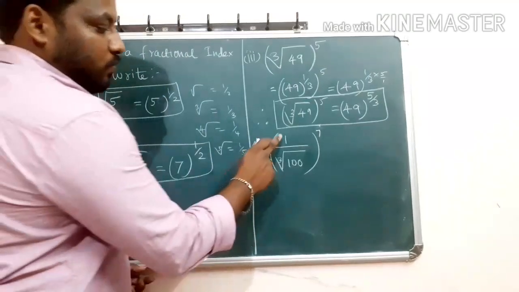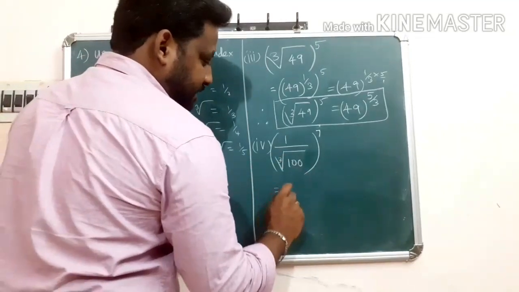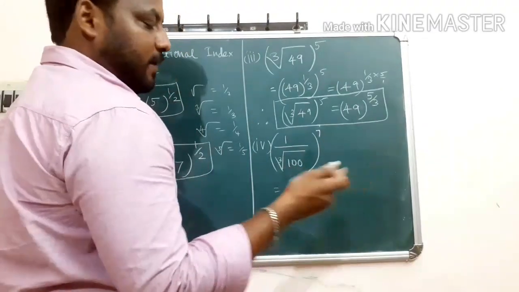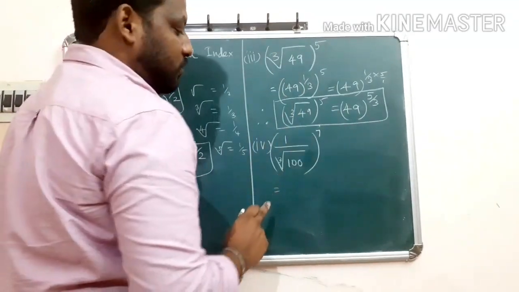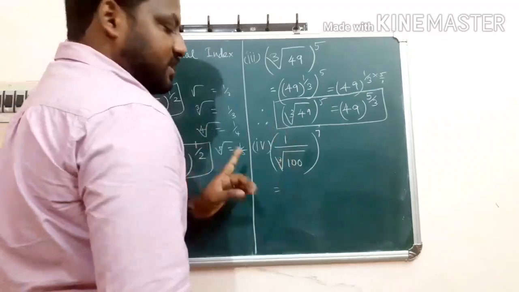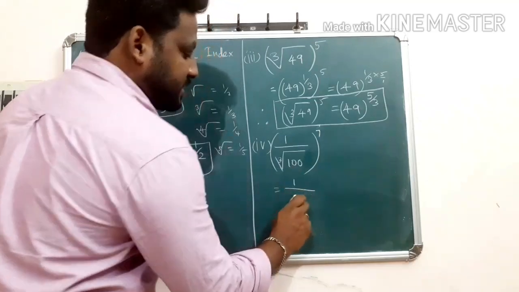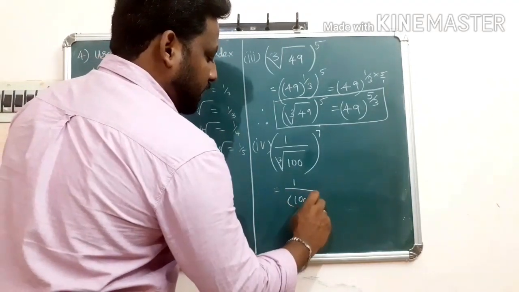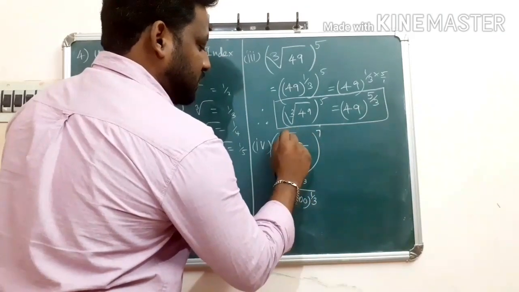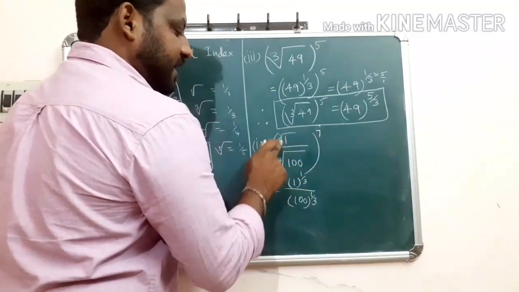And then fourth question is given 1 divided by cubic root of 1000. So 1, if you multiply up to n times, 100 times, 200 times, 1000 times, it is equal to 1. So if you multiply 1 plenty of times, you will get the answer 1 only. So you can write as 1 divided by cubic root, that is 100 the whole power 1 by 3. So 1 you can also write as 1 power 1 by 3. If you take cubic root of 1, the value is also 1.